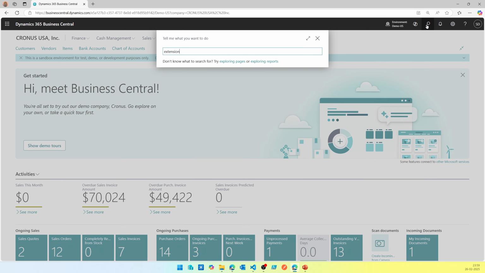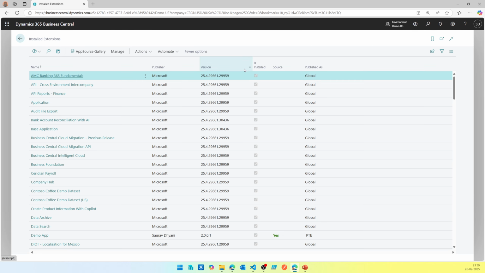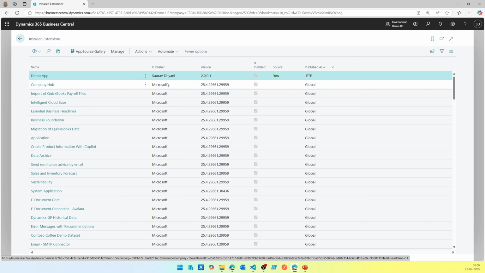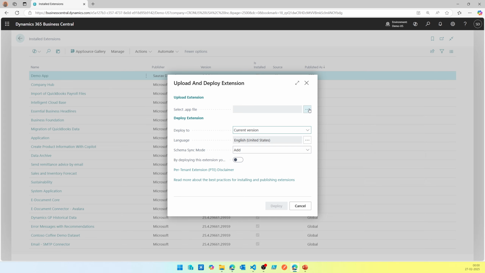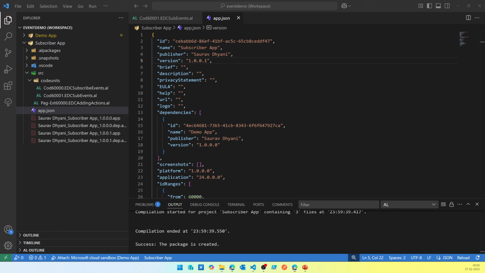Let's get into extension management. I'm pretty sure my core or the demo extension is still there and has no problems. Let's go ahead and upload this particular extension. Okay, maybe it will fail because I forgot to set permissions in it. So let me just quickly go ahead and